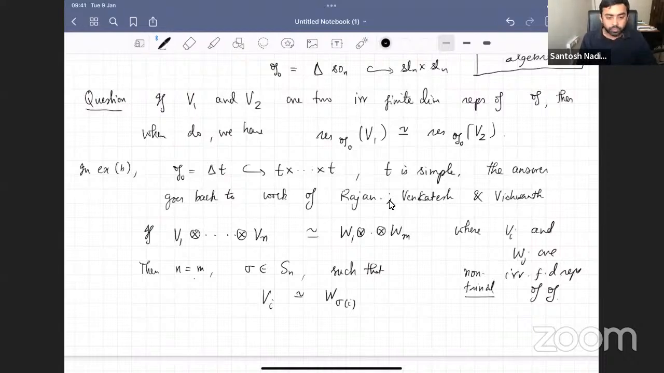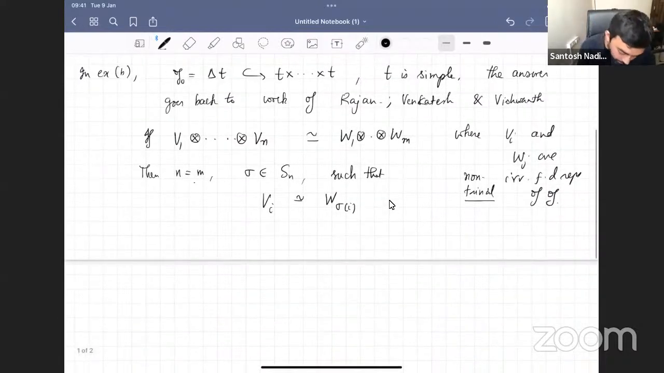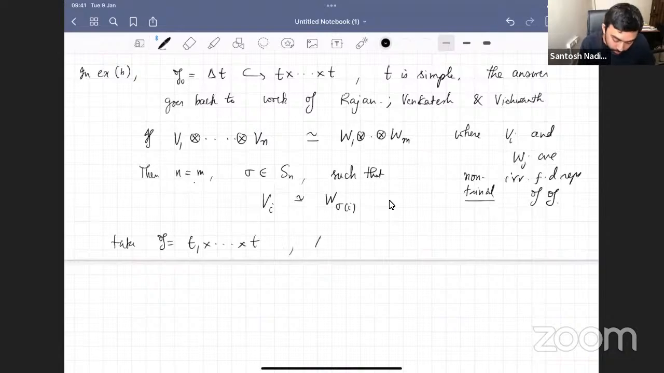So that sort of thing can be formulated by saying that, if you think of this V. So take G to be this guy as usual, T, and any irreducible of G is of the form V1 tensor up to Vk. Okay, so now I will assume that